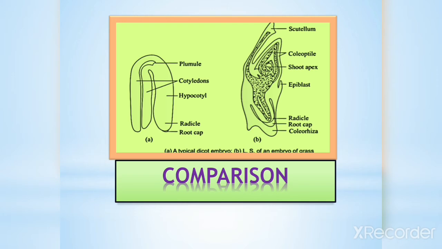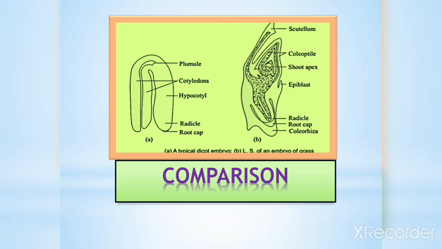Scutellum is the name for the single cotyledon, as I said, and coleoptile is the sheath-like covering that you see in the monocot embryo, but we don't find that in the case of dicots, right? And there is a shoot axis, and towards the lowermost part, there is a radicle. Radicle is a root-like form which gives rise to the roots. Actually, it is the first primordial tissue which develops into the roots, right? And plumule is the one which develops into the shoot axis.